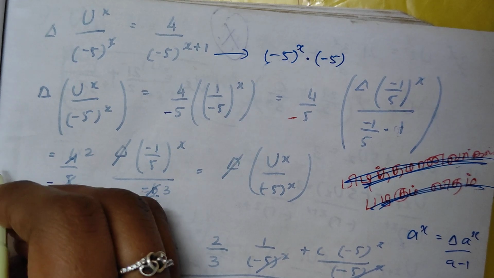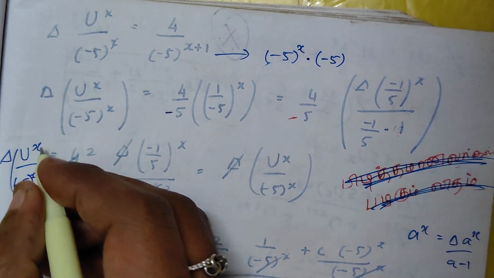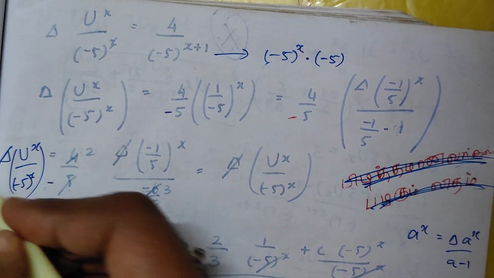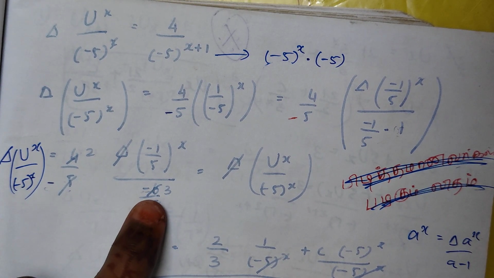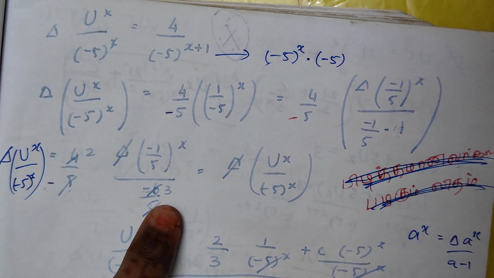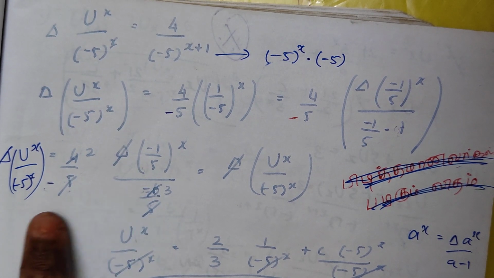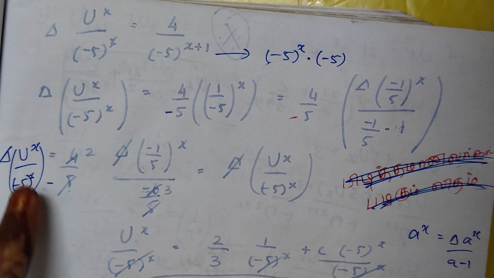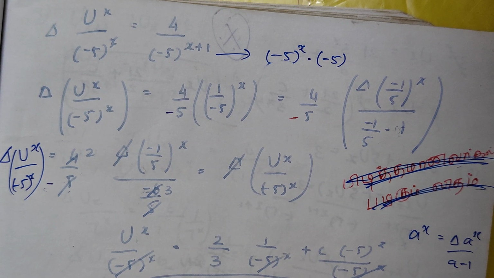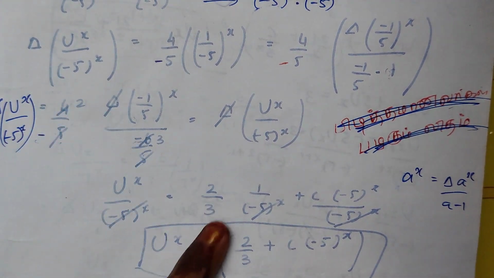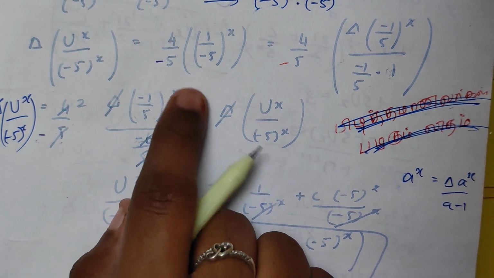Here in the left hand side, you will get delta u(x) divided by minus 5 power x. So here this delta and this side delta will get cancelled. And this 5 and 5 will get cancelled. This 4 and 6 will get cancelled. You will get 2 by 3. This minus and minus will become plus. So what will come is u(x) divided by minus 5 to the whole power of x is equal to 2 by 3 into, here you are having the remaining term as this